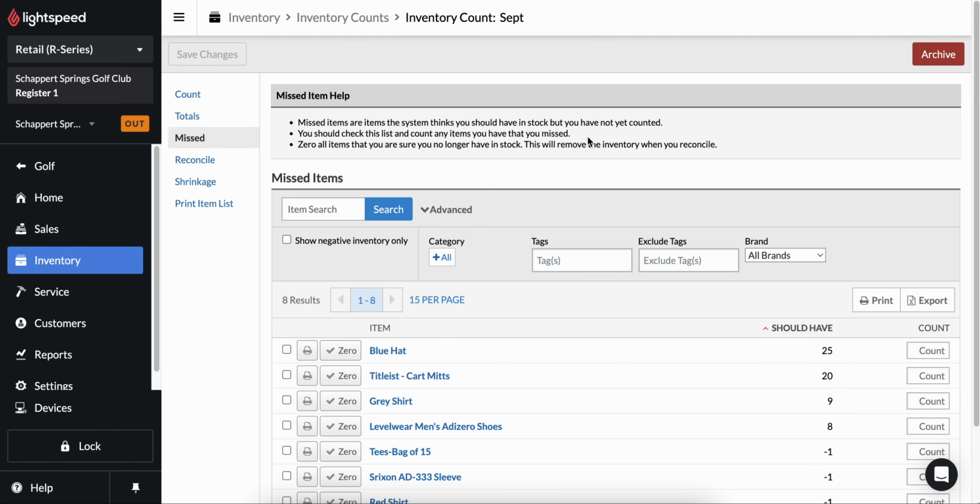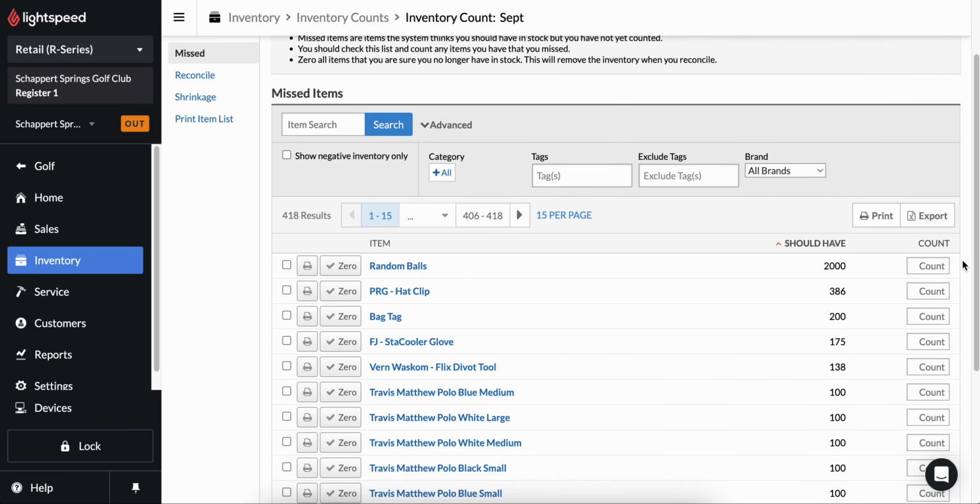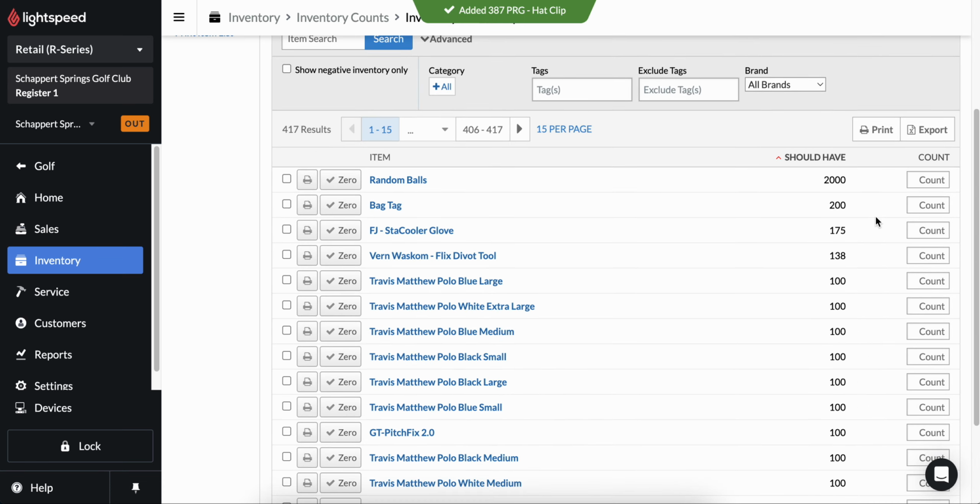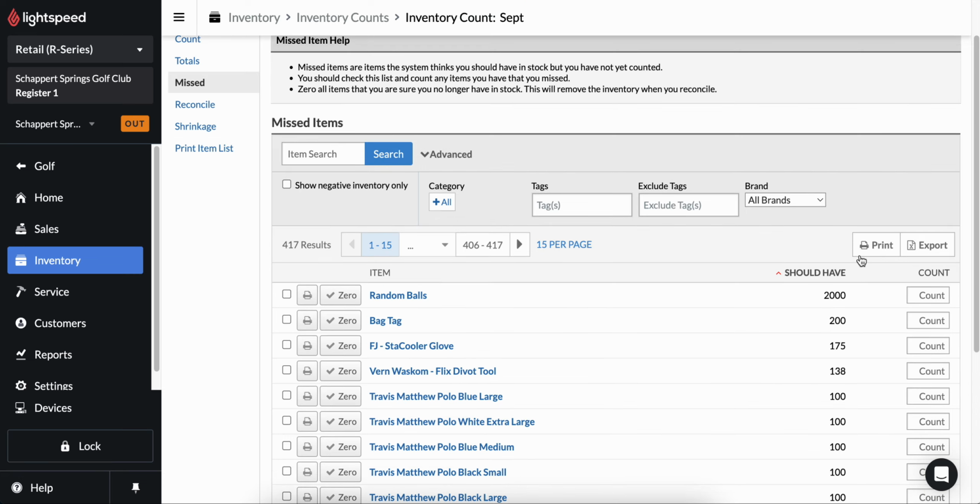And then what you're going to do is go through and just add the count on the right-hand side. So maybe this hat clip, it says I should have 386, so that's how many it says is in stock right now, but I actually had 387. So I'll just enter that in and then click out of that item. You'll notice that that clip is gone now. So as soon as you count something, it does get removed from this list